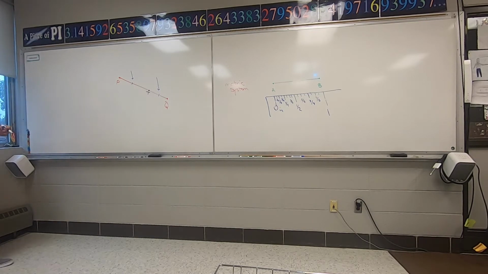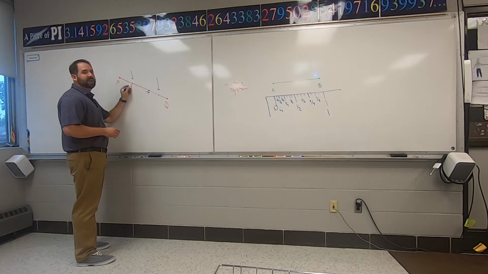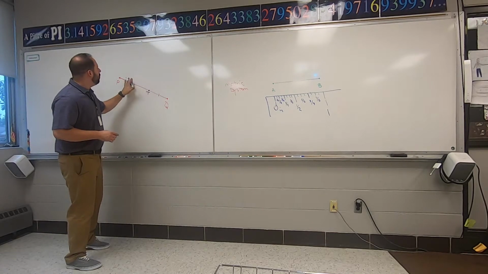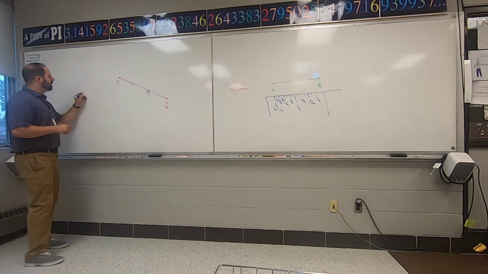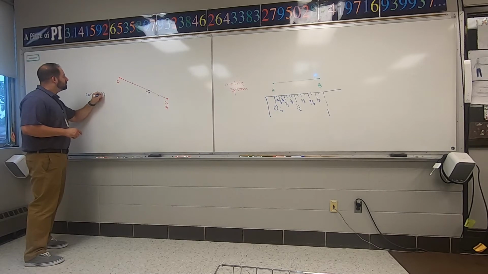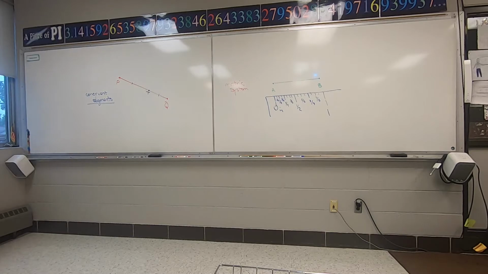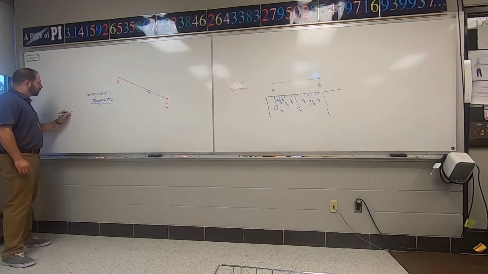Okay. Even though it doesn't look like it, anytime you see this type of figure in your picture, what it's telling you is that the two items that have the same hash mark are the same size. That's telling you that you have what, quote unquote, congruent segments. That's a new vocab word, congruent segments. The word congruent means, so the definition of the word congruent,